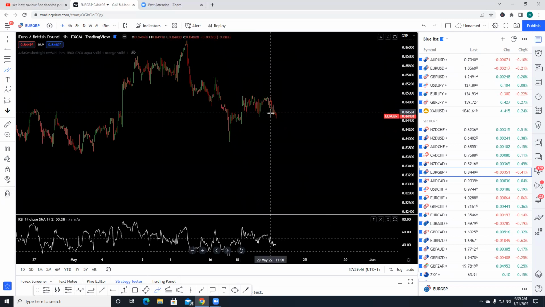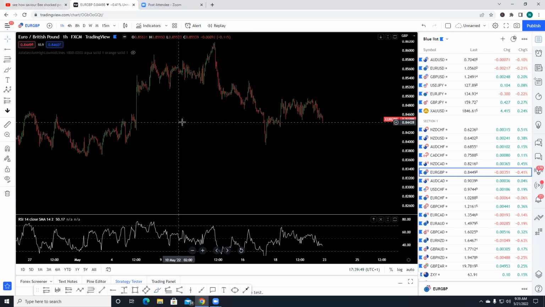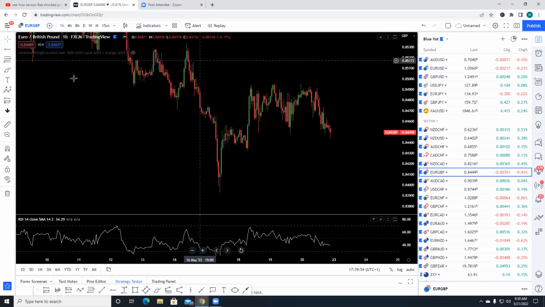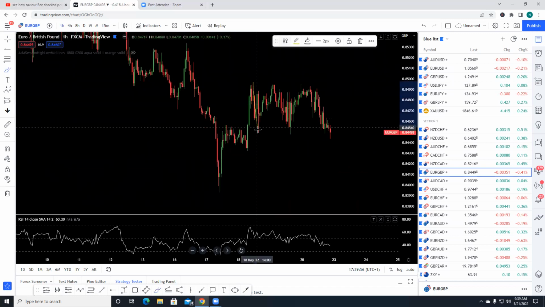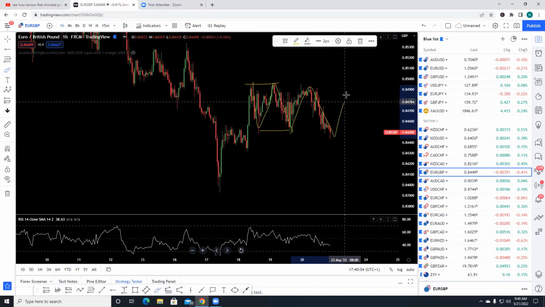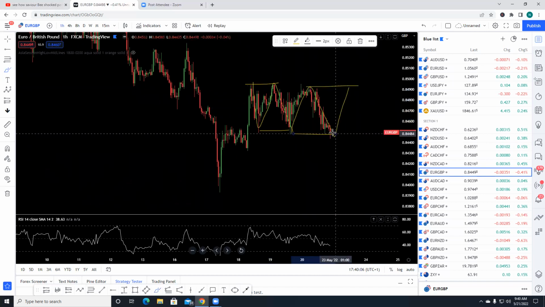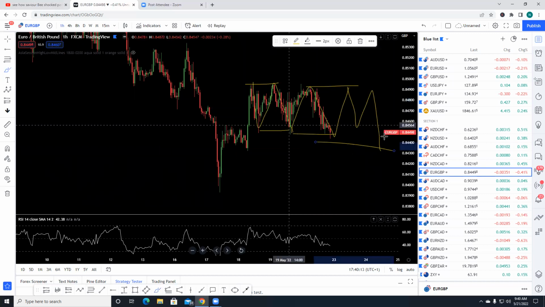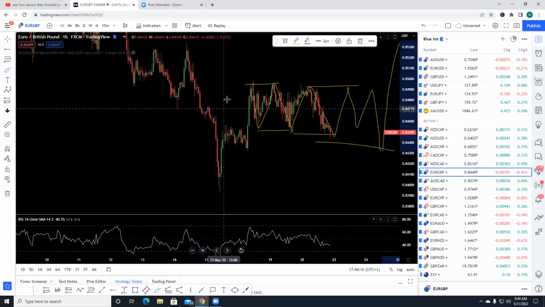Sorry, let me do it again. I want to show you all the corrective structures, all the flats that we saw. You see this one, 1, 2, and 3. That's a regular flat. Then you have 1, 2, and 3. That's another one. So most likely you are going to see another 1, 2, and 3 to complete this structure. And after that, you now have a move to the upside. So this is a flat here, a flat here, a flat here. So this will now be a